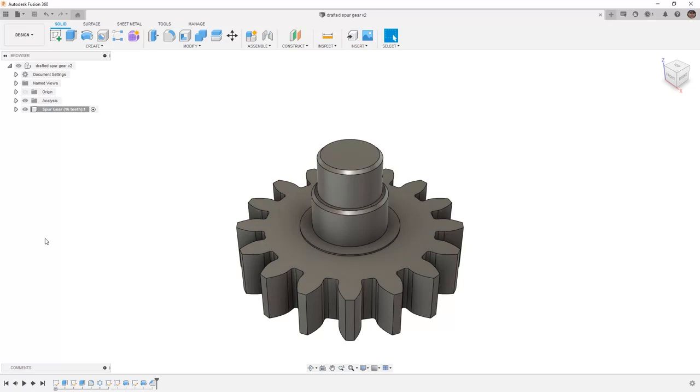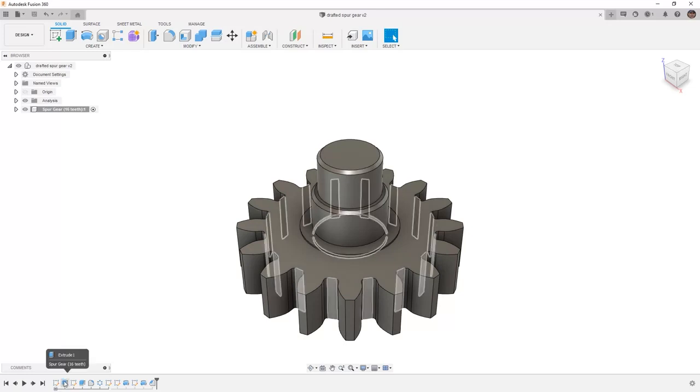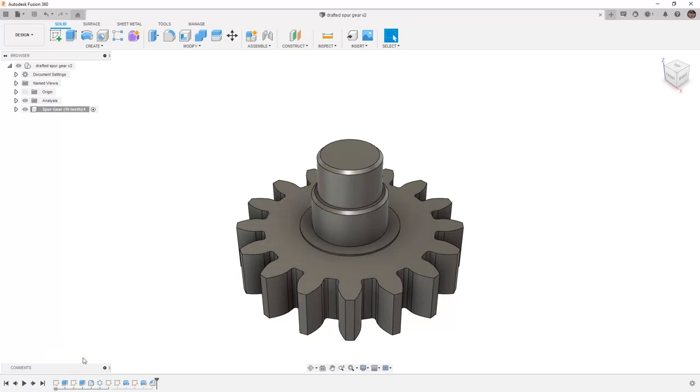At this point, we've modified the original extrude features to include a draft or taper angle. We know that the side faces of the gears or the teeth themselves are drafted minus half a degree. When we take a look at the rest of the design, we have to be mindful of its intent. In this case, we need to preserve the round shafts as they're going to be used inside of a bearing